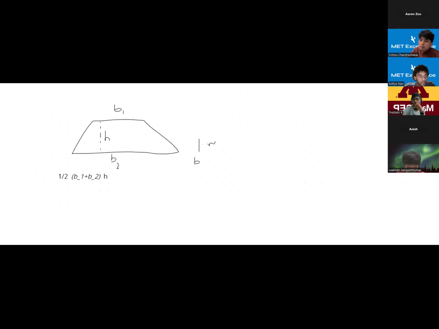So let's do some practice with that. I'll leave the formula up for you, and I'll just label this one. Let's say that this base is 5, and this is 6. We'll put the height as 9. And as you can see here, because the images are not to scale, the height looks a lot smaller than everything else. So you can try your hand at that and see how it goes.